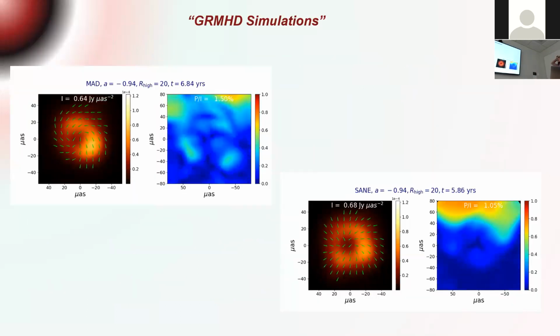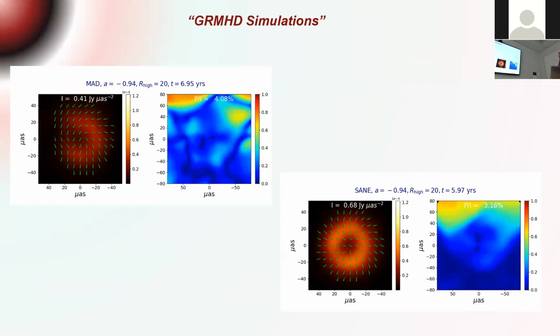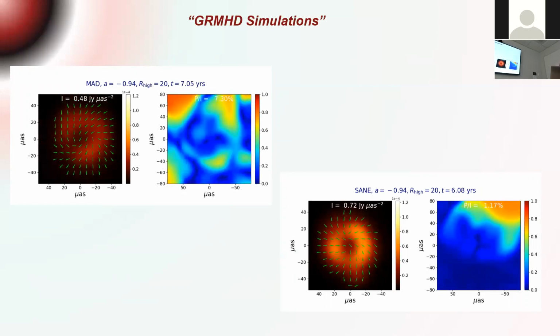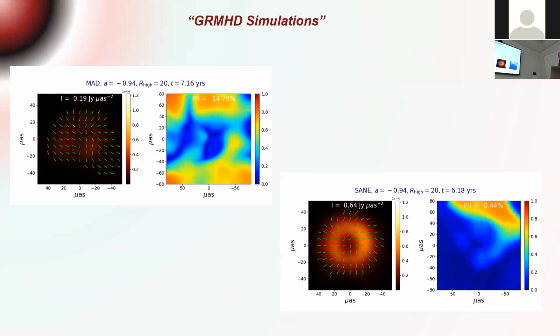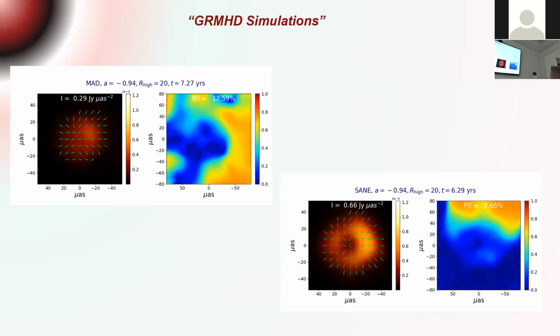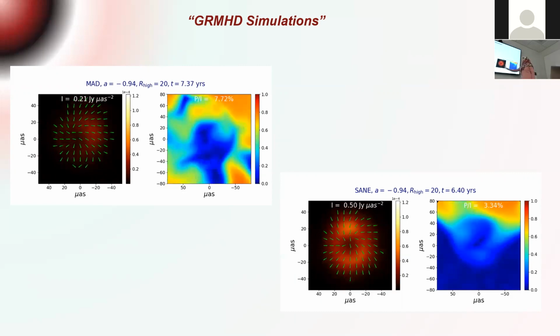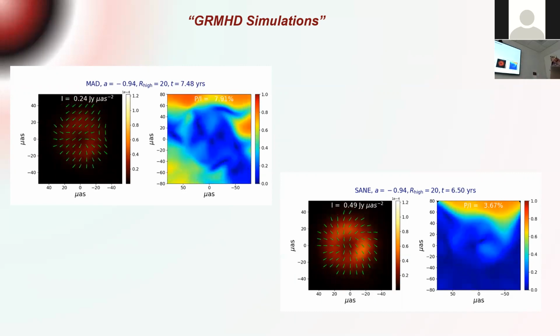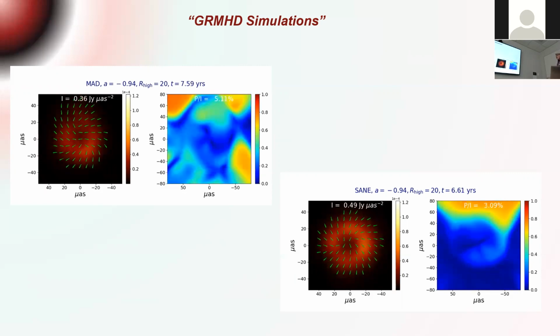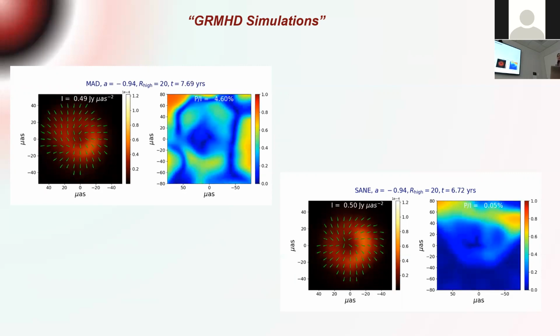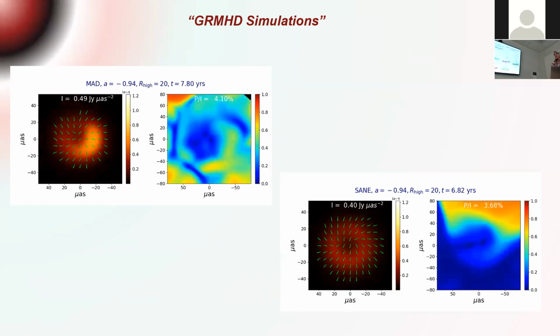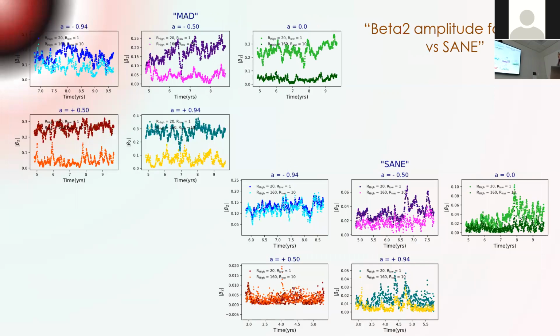This is the harm simulation from MAD versus SANE. Just one particular case of a black hole spin of minus 0.94, retrograde, across different times. And as you see, the EVPAs, these green lines here, tell you how they behave across different snapshots because of the time variability of MAD versus SANE. What we are going to do from the GRMHD side is compute beta_2, both the amplitude and the phase of beta_2, for MAD versus SANE with different black hole spins at different R high and R low. I really apologize, I cannot introduce what R high and R low mean,